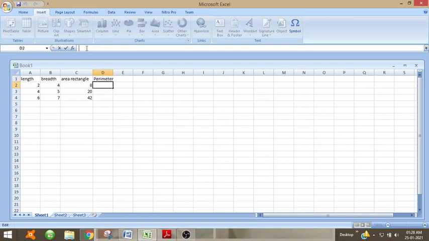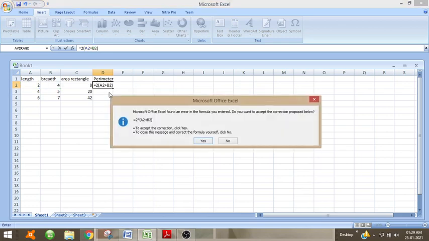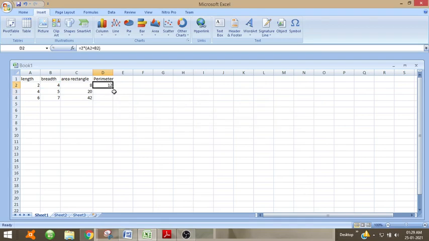Now perimeter is equal to, first you have to select that column, then here you put equal to, then perimeter is 2 bracket 2 into L plus B, that is 2 into L plus B. So you have got it for the first row.